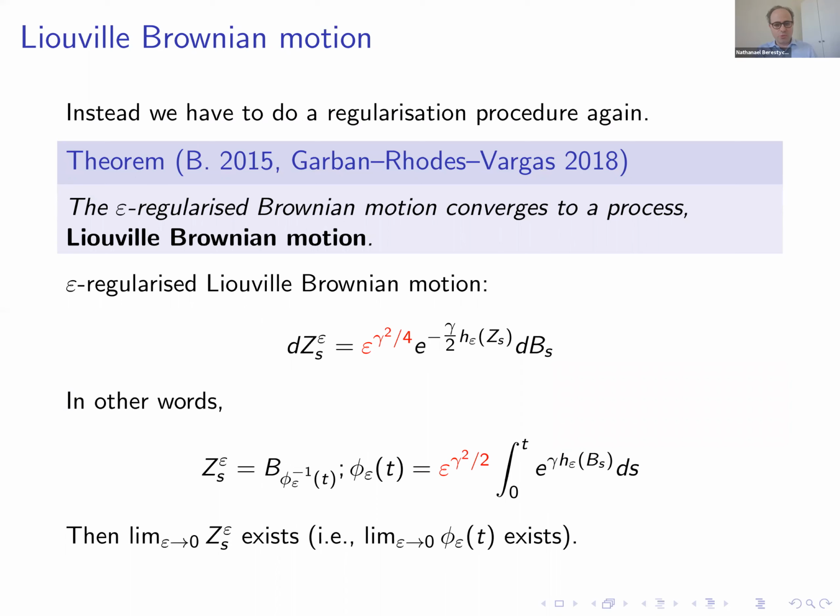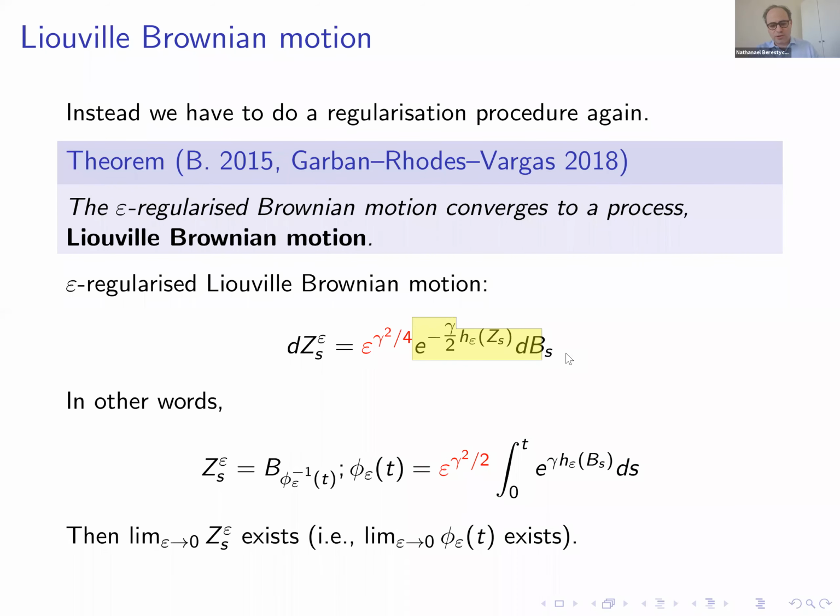I did. So there were two papers that appeared basically one day apart on the archive, in 2015 and 2018 according to their publication dates, one by myself and another one by Christophe Garban, Rémi Rhodes, and Vincent Vargas. And the idea is to, again, do a regularization procedure. And what you do,